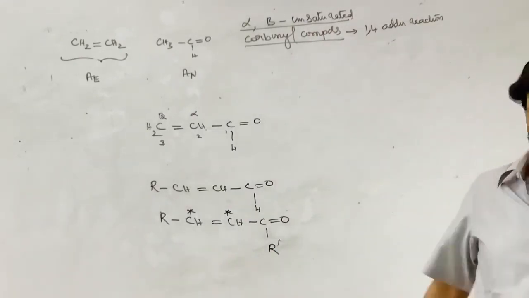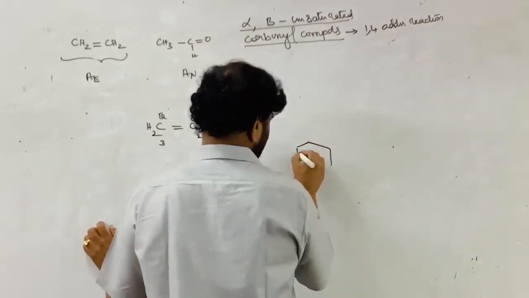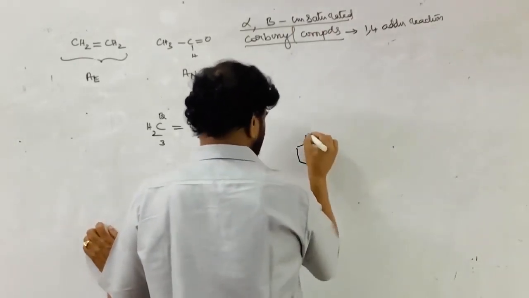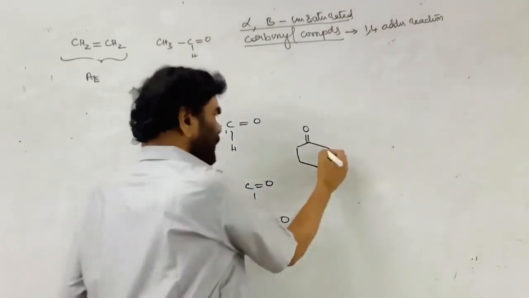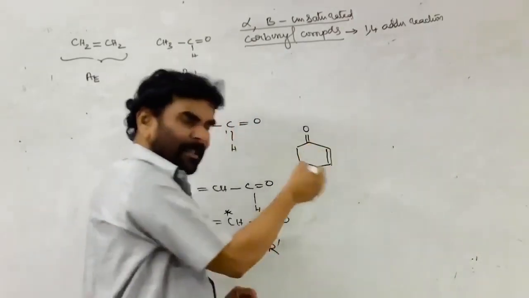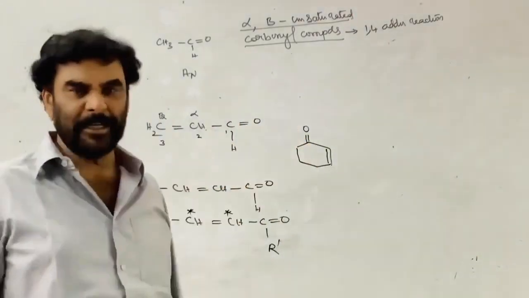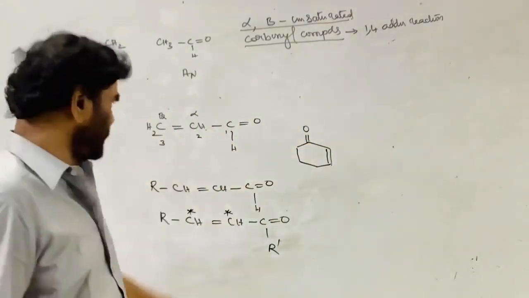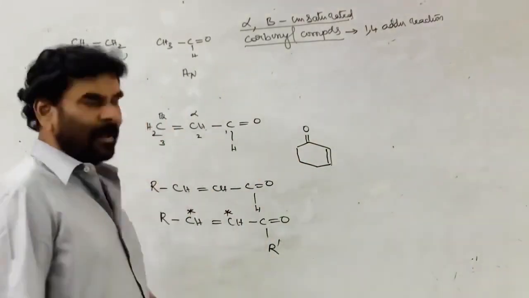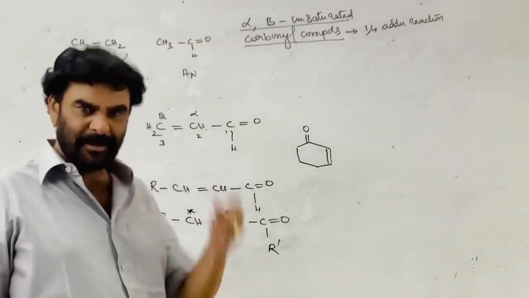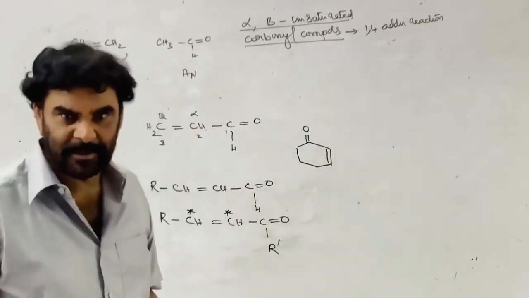Second, it is not only this. See, this is a cyclohexanone carbonyl compound. It is not at the alpha beta carbon. If the double bond is present here, then it comes under the category of alpha beta unsaturated carbonyl compound, a ketone specifically. This is an aldehyde, this is a ketone, a cyclic ketone, this is also an aldehyde.